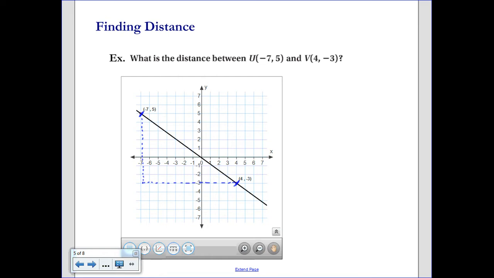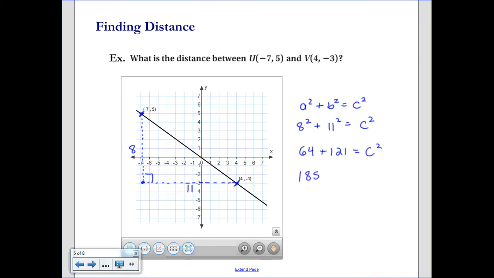So the vertical distance, if it's up at 5 and it's going down to -3, then the distance must be 8. And the horizontal distance starts at -7 and it's going over to +4, so the horizontal distance must be 11. And so you're finding the hypotenuse of a right triangle using something called the Pythagorean theorem, which you may or may not have used before. It's a squared plus b squared equals c squared, where a and b are the two short sides, 8 squared and 11 squared, and it equals the hypotenuse squared. 64 plus 121